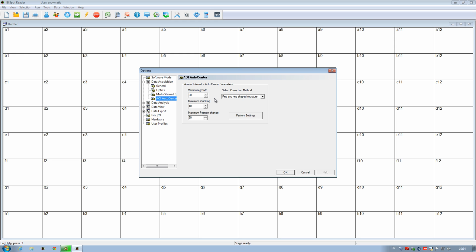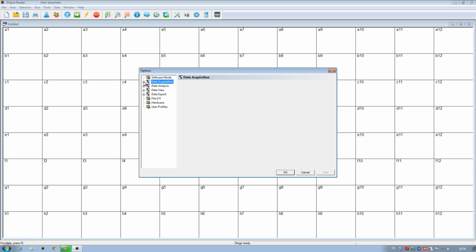Anyways, the adjustable settings in this tab control the thresholds given to the reader in trying to correctly place the AOI within the borders of the ELISpot well. As you can see, the Autocenter function is currently trying to do this by finding any ring-shaped structure. These settings should be left in default. If somebody has tampered with them, the center of the ELISpot wells can be missed by the camera system, and you should click on the factory reset button found here.